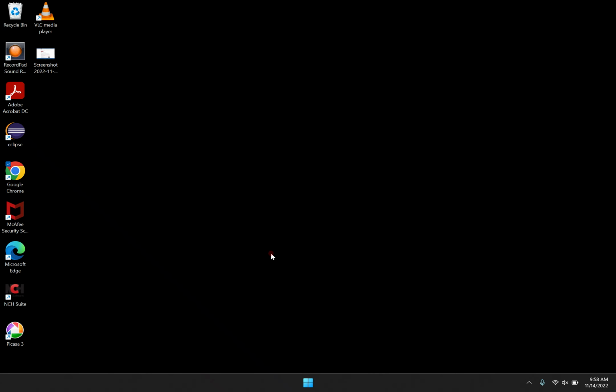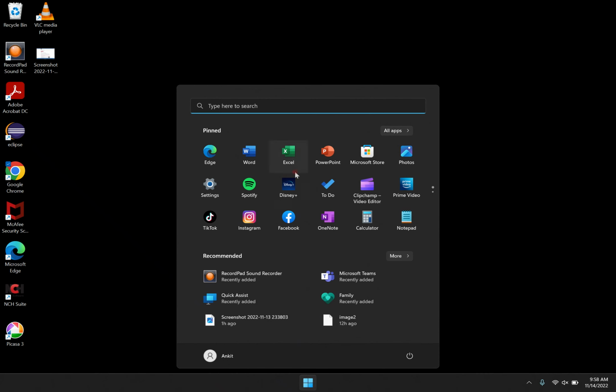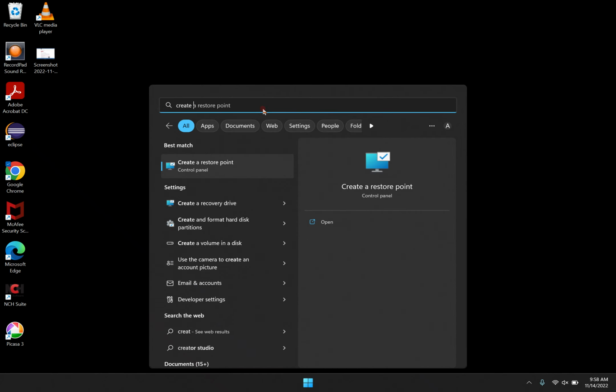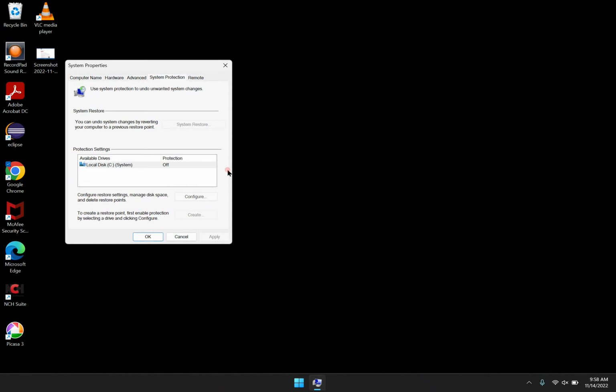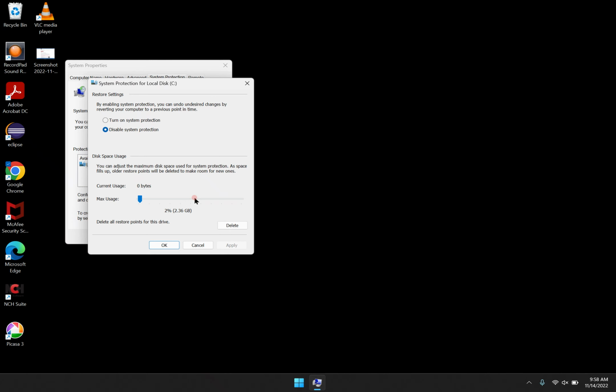To start, click on the Windows button and type create a restore point, and then you will get the system properties control applet. Go to the system protection and choose the system drive on which the OS is installed, and then click the configure button. Once you click on the configure button, select the radio button for turn on system protection, and then click